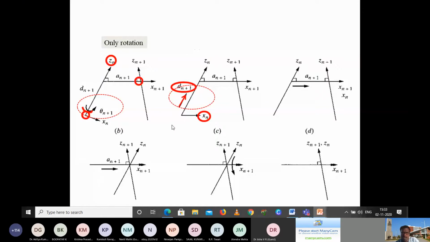Once it is transferred along Zn axis, only translation is taking place. The first one is rotation, second one is translation. Once it has taken place, Xn and Xn plus 1 are aligned in a single axis. Now I have to move along x-axis alone. So when I'm moving along x-axis, obviously Zn and Zn plus 1 will come to the same point, as given in this diagram. If I am giving a parameter of an plus 1, so obviously,